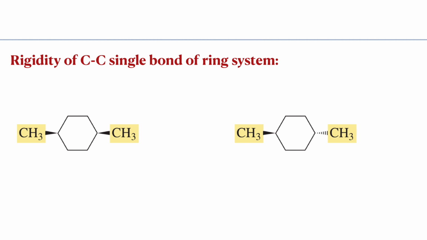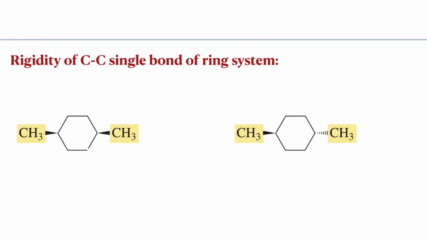Now let us see the situation of the CC single bond of a ring system. I am talking about the CC single bond present in the ring system. You can see there are totally 6 bonds. These 6 bonds, any single bond you take, since it is locked in a closed system, free rotation of the CC bond is not possible. That free rotation is possible only